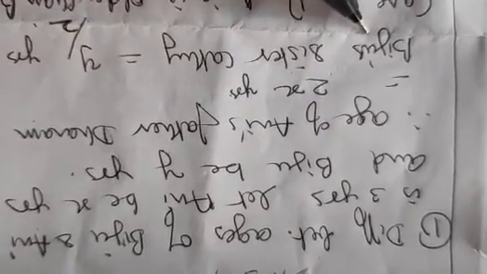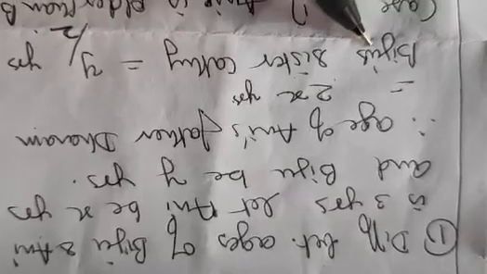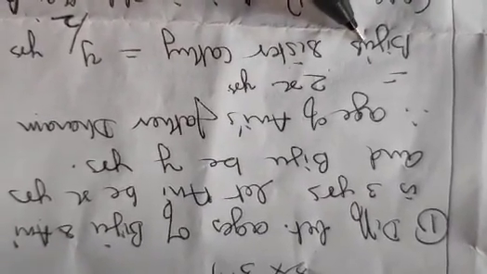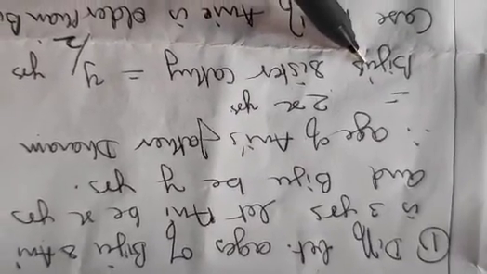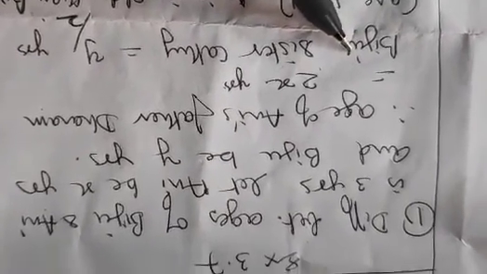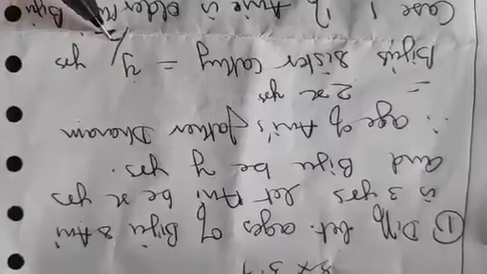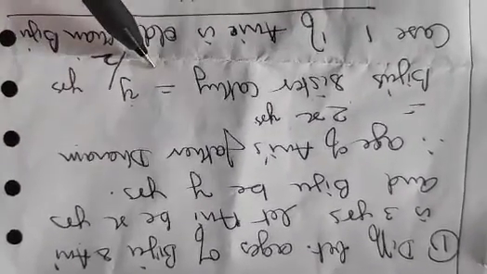Now Biju's age is mentioned in the text. Biju is twice as old as sister Kathy, or Kathy is half the age of Biju. Can I say? Biju is twice as old as Kathy, means Kathy is half the age of Biju. So Biju's sister's age will be Biju's age by 2, half the age of Biju. So Dharam's age, Kathy's age.